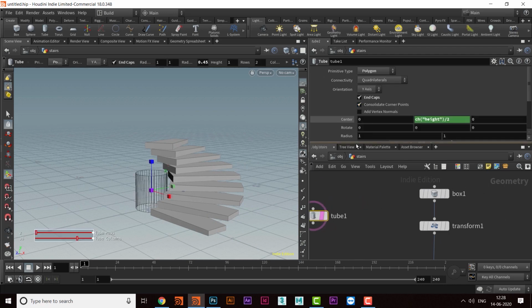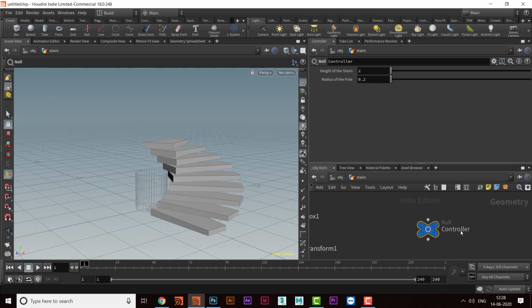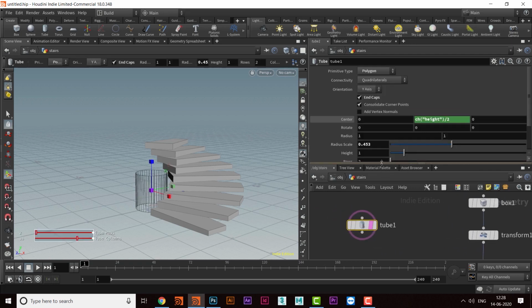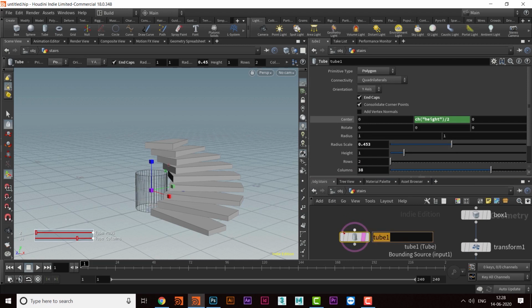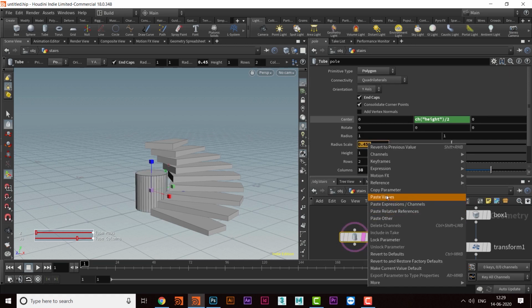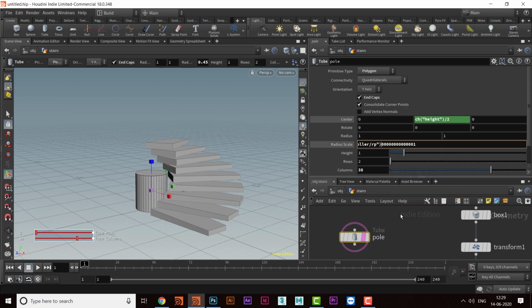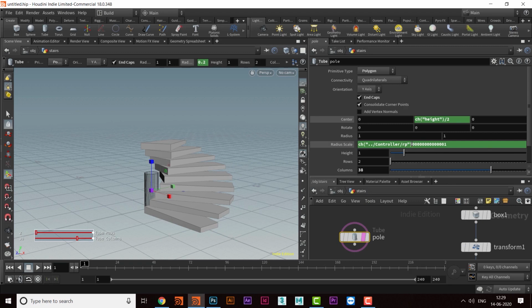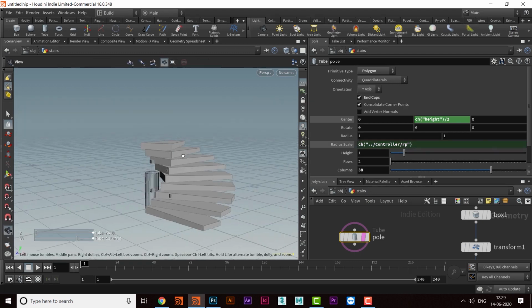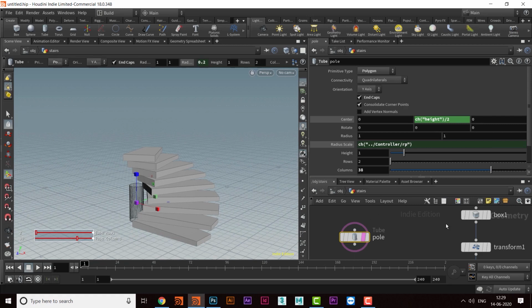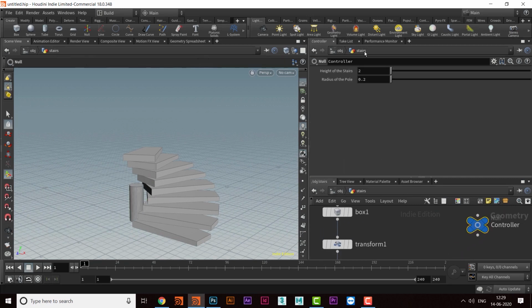I will go here, copy parameter, and then in the tube 1 or maybe the pole, the radius will be paste relative reference. So this will be the radius of the pole.